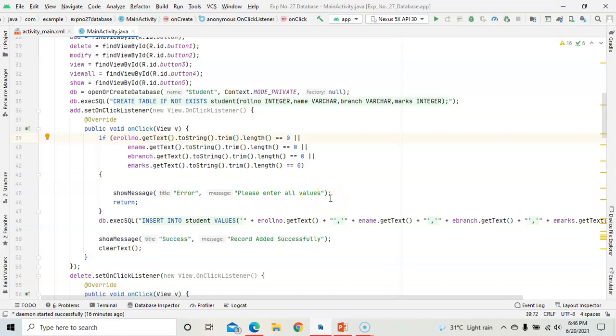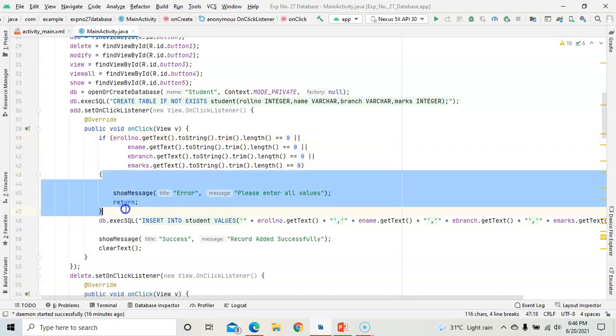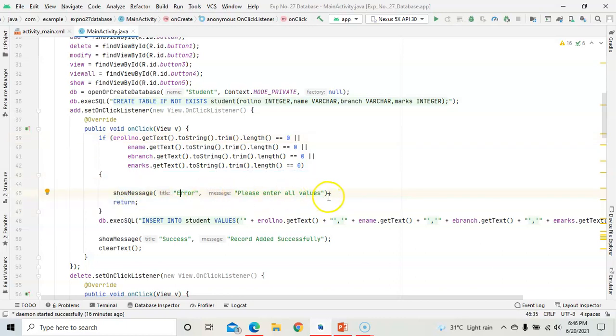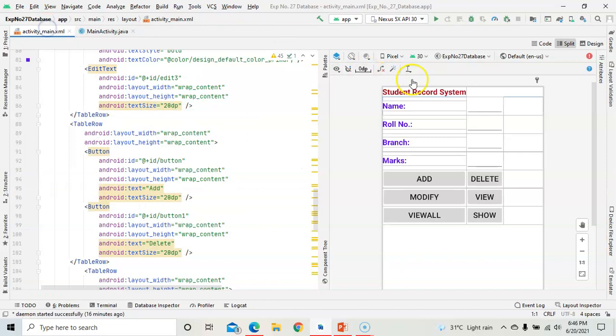It will show you this error. So if any one condition is true, then the if condition will be true, and it will go in this bracket and say please enter all the values. So you need to enter all the values: name, roll number, branch and marks.